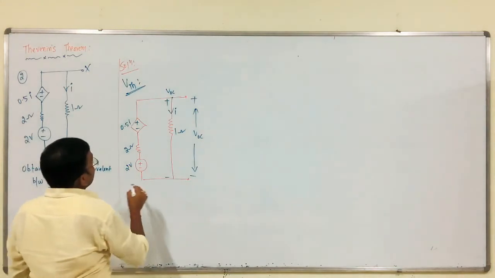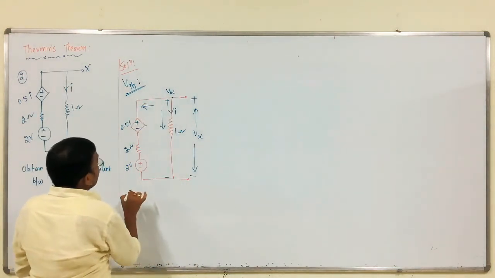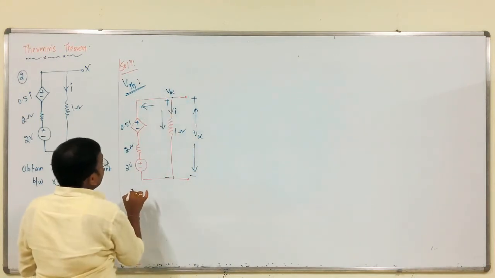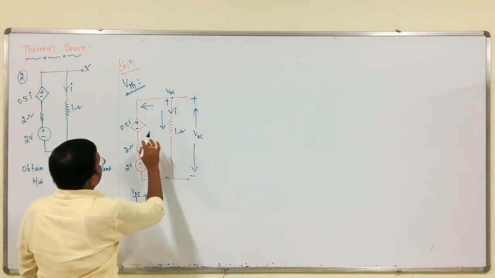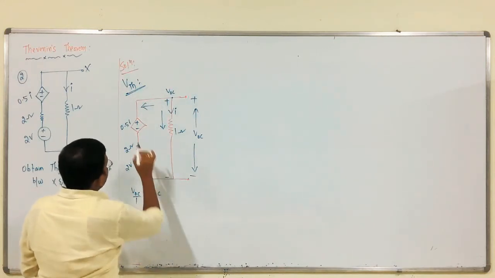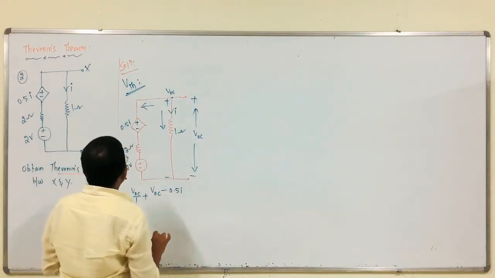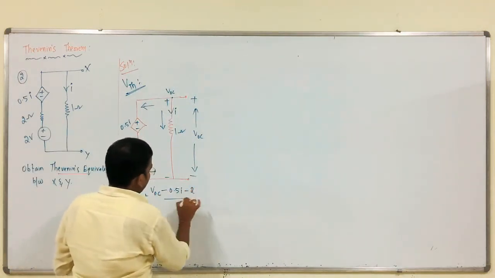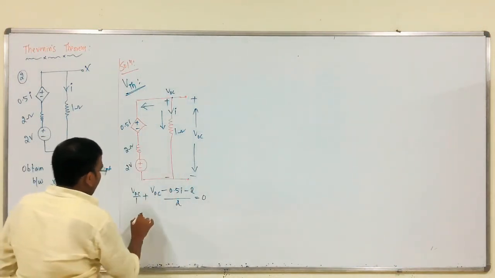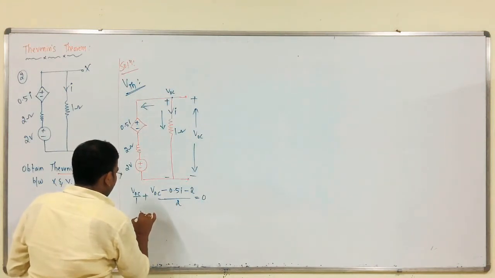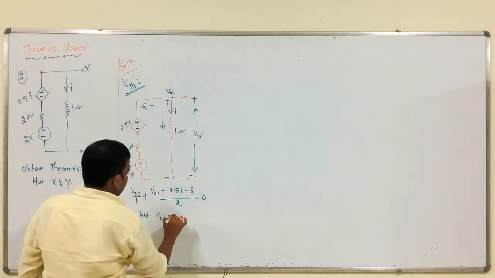At that node the current is leaving from this, leaving. So, from this VOC by 1 plus VOC, this is current controlled voltage source, that is voltage value, minus 0.5 I minus 2 by 2 is equals to 0, that is it, leaving and leaving. But VOC is equals to, from this, I, right.